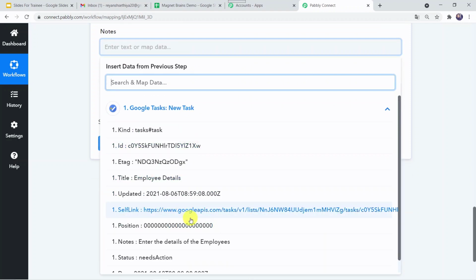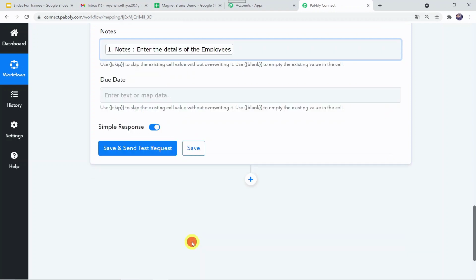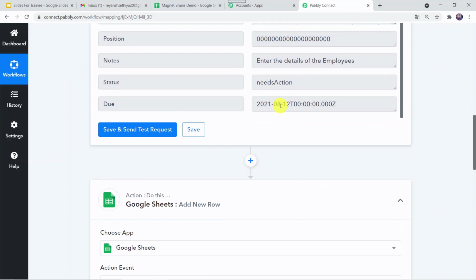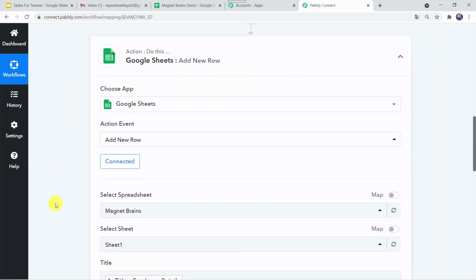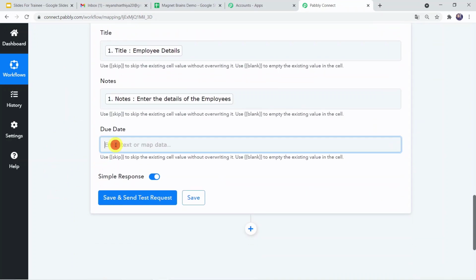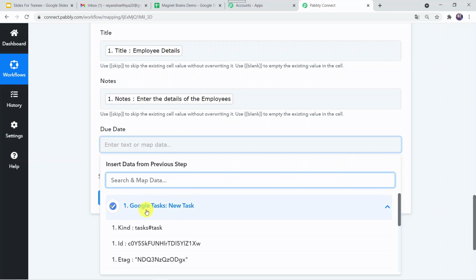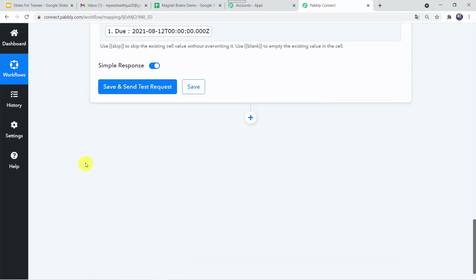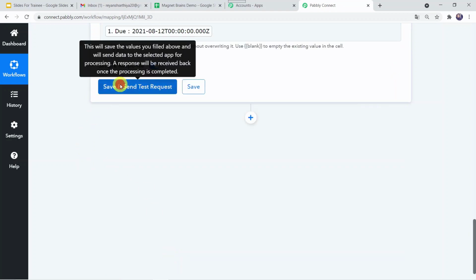And the last one is due date. The due date was 12th of August 2021, so I'm selecting the same due date. Let us select this, and now let us click on Save and Send Test Request.